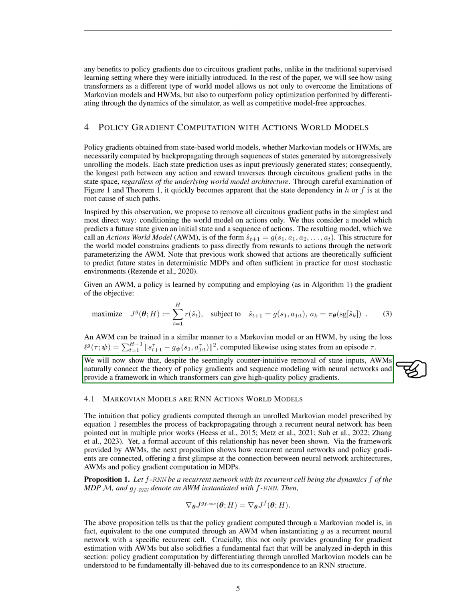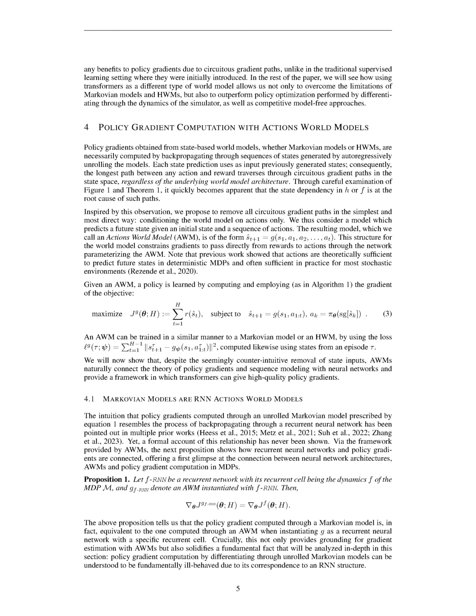This approach not only aligns with the theoretical underpinnings of deterministic and stochastic environments but also allows us to leverage transformers in a way that could provide high-quality policy gradients. By training an AWM in a manner similar to other models but focusing on actions, we aim to bridge the gap between theory and practice in policy gradient computation and sequence modeling with neural networks.